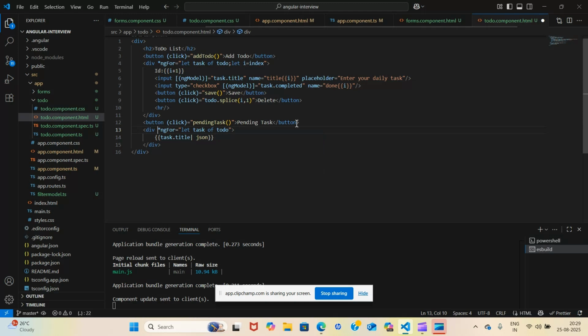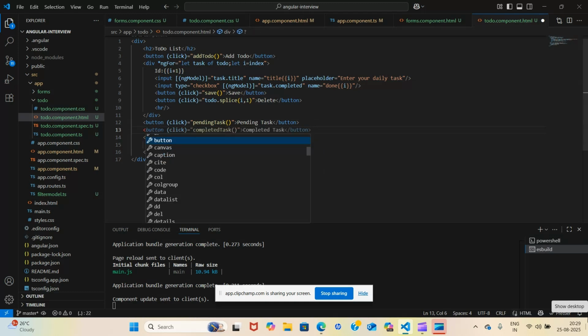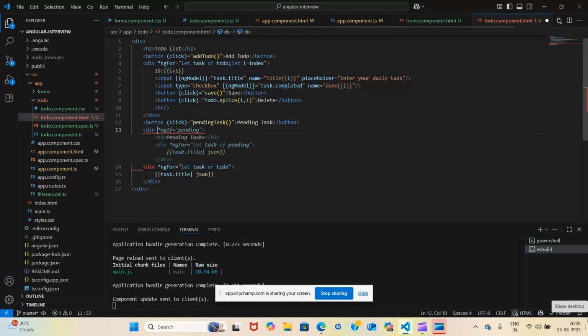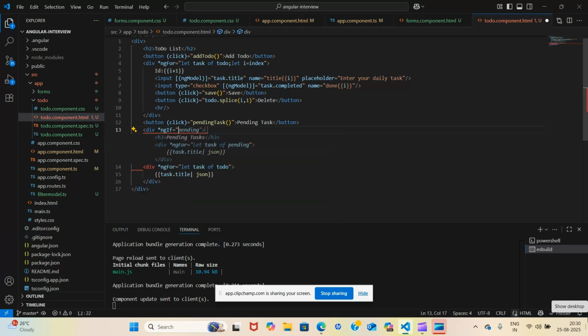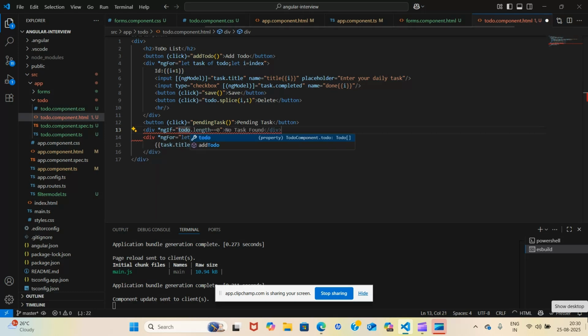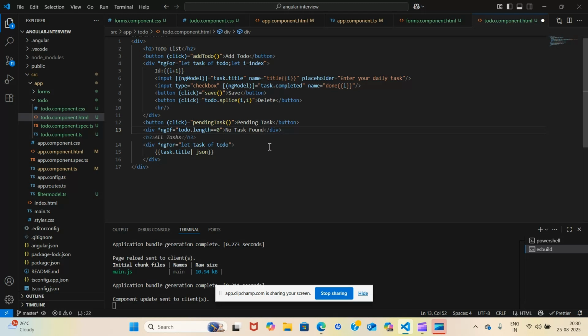First we'll add here one more div, ngIf. Okay, now if the length of my array is 0, then no task is there. So I can write no task found, or we can say add task, no task found.